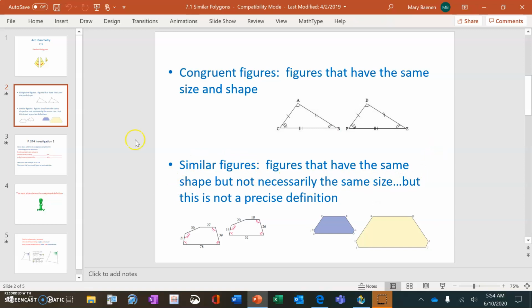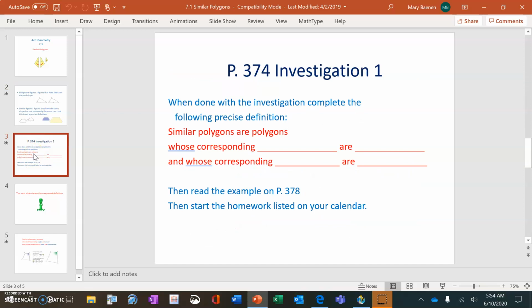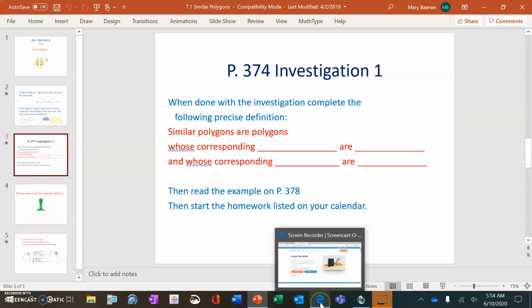And so in class today, we would do an investigation on page 374, investigation number 1. When we are done with the investigation, we should be able to complete this precise definition: similar polygons are polygons whose corresponding blank are blank and whose corresponding blank are blank. Okay, so I am going to do that investigation